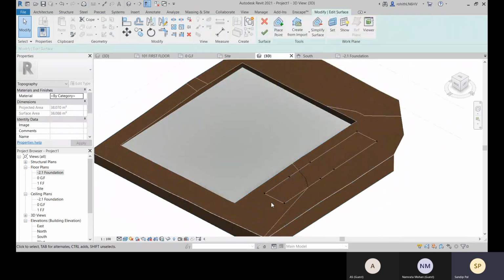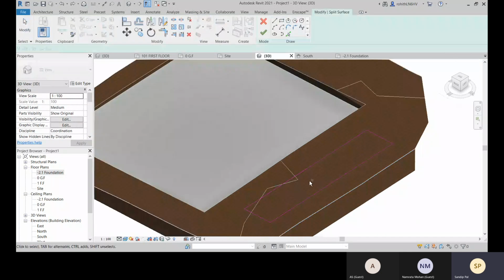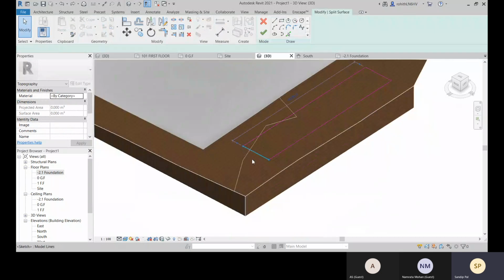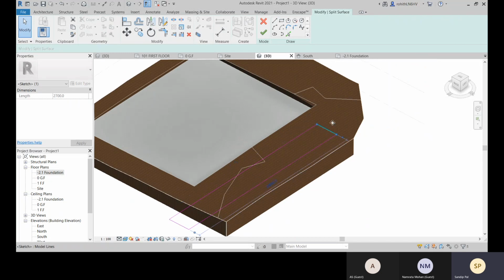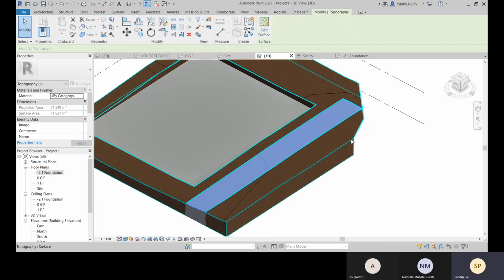So you can edit this surface. Again, you can create like this. Let's see.